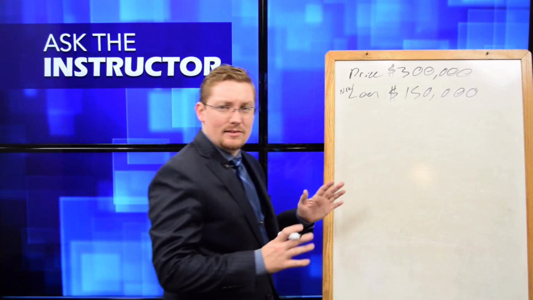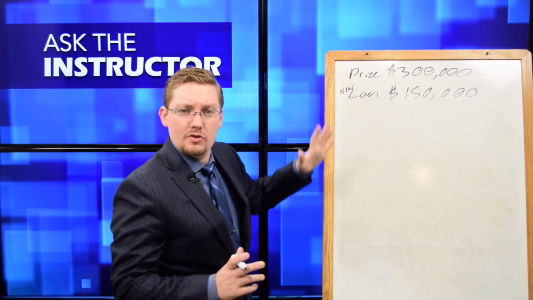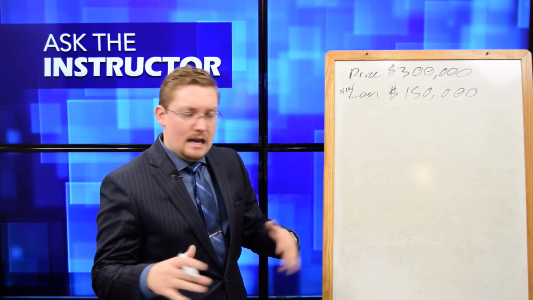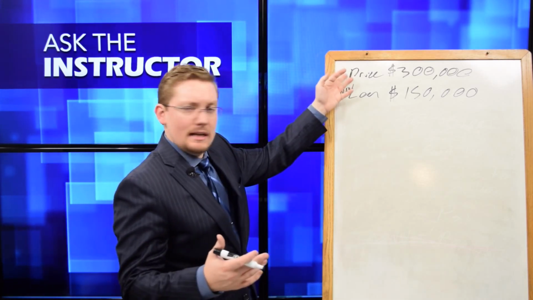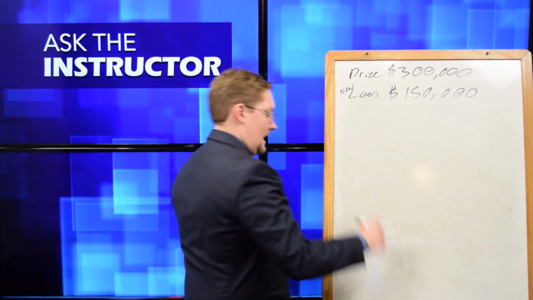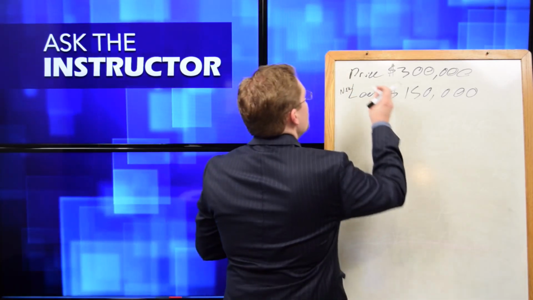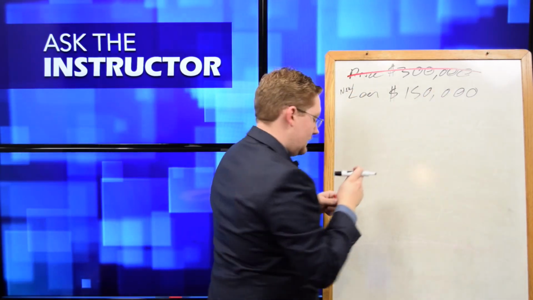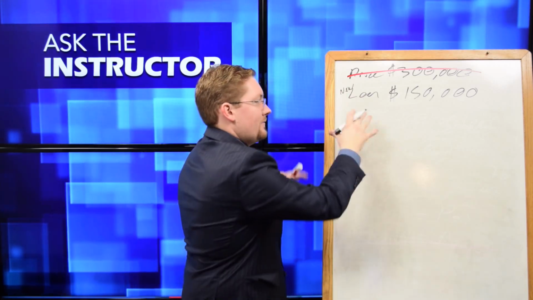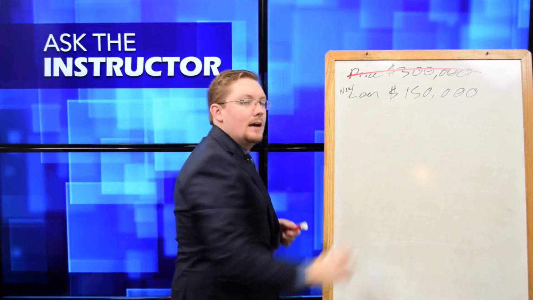Like I said, this is another easy concept. So they like to put in distractor information. The price is completely irrelevant for the buyer, even in the real world, because the seller typically has to pay for the tax on the price. We're just dealing now with the tax on the loan, or on the note, because the note is just going to have the loan amount in there. It's not going to have the price. It may have the price in there somewhere, but the face value of that note is going to be the